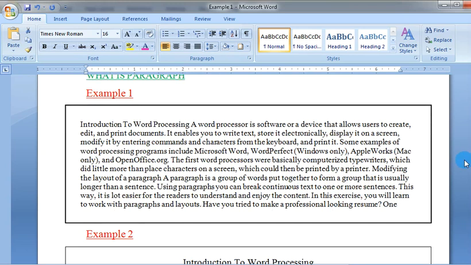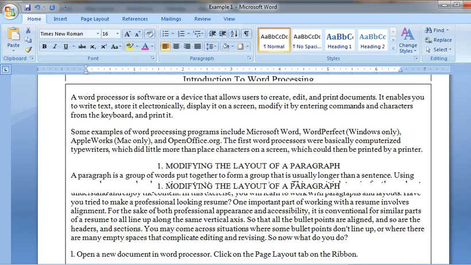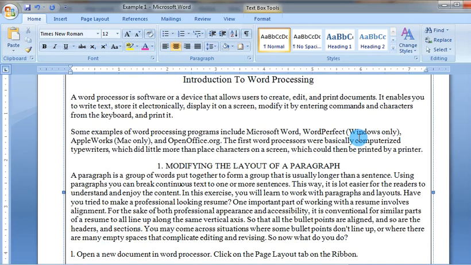In the first example, the content does not have a proper heading and there is no proper space between the lines, so the user finds it unattractive to read. Now consider the second example. In this example, there is a proper heading and proper line spacing and it has been broken down, so the user finds it attractive to read the content.